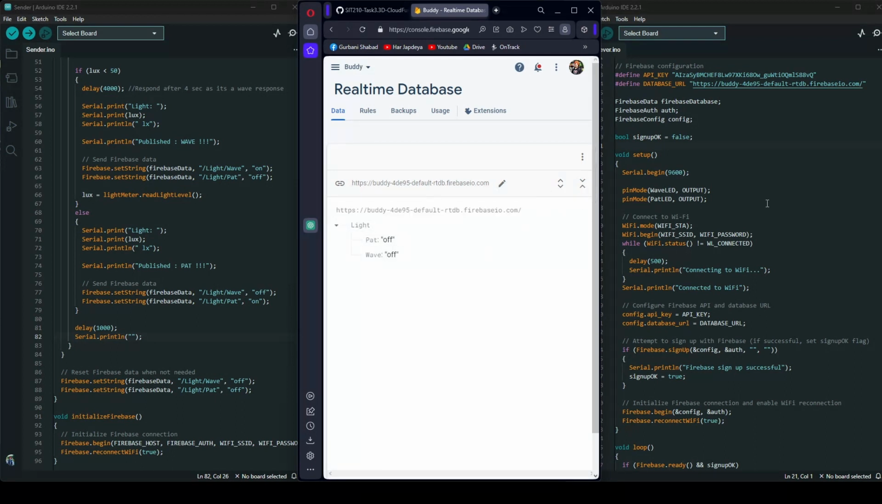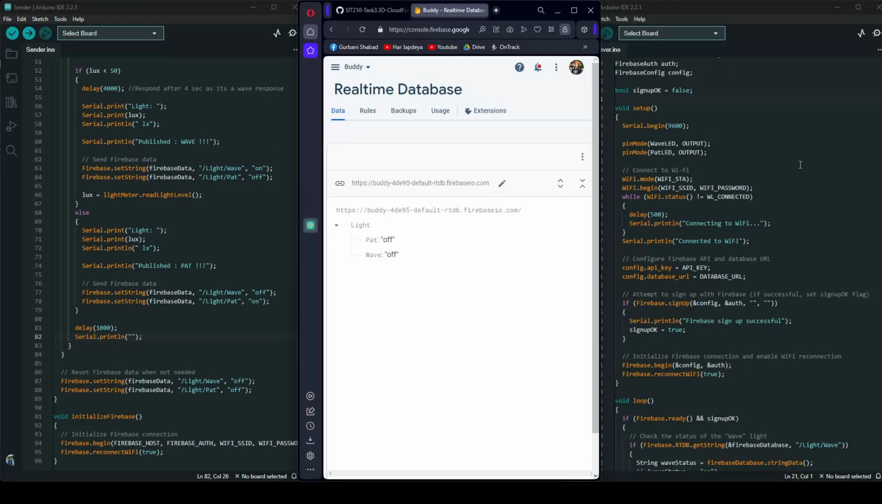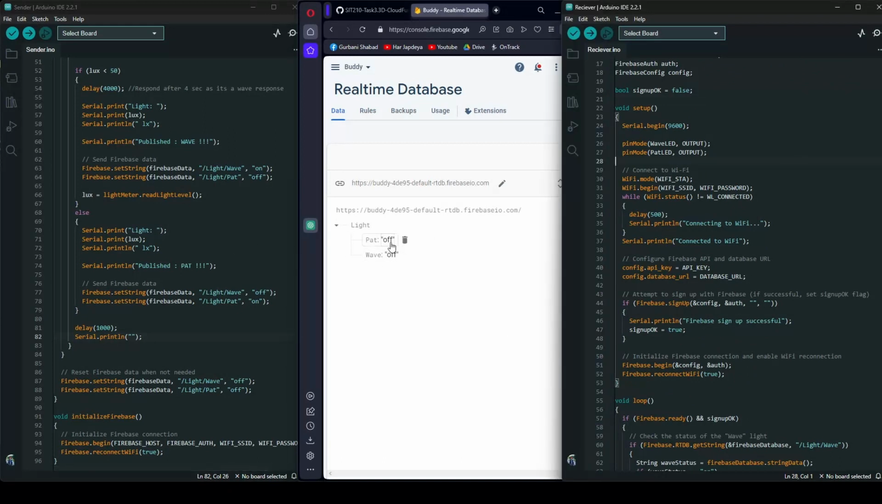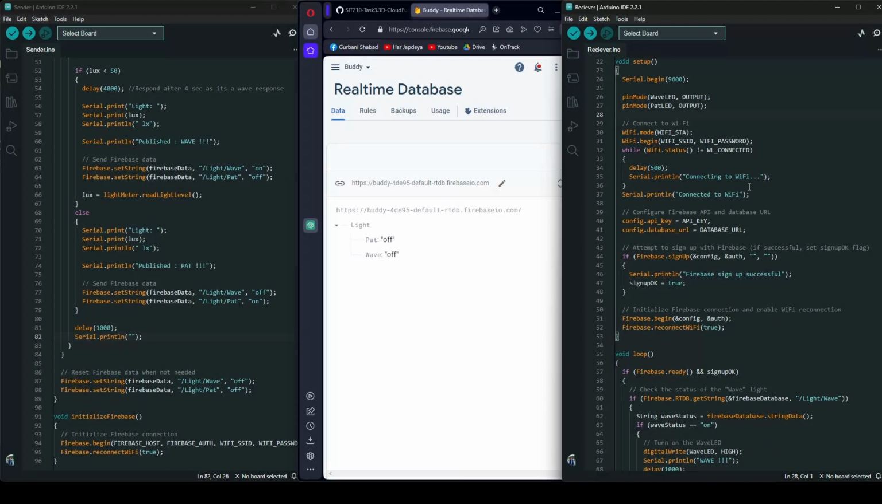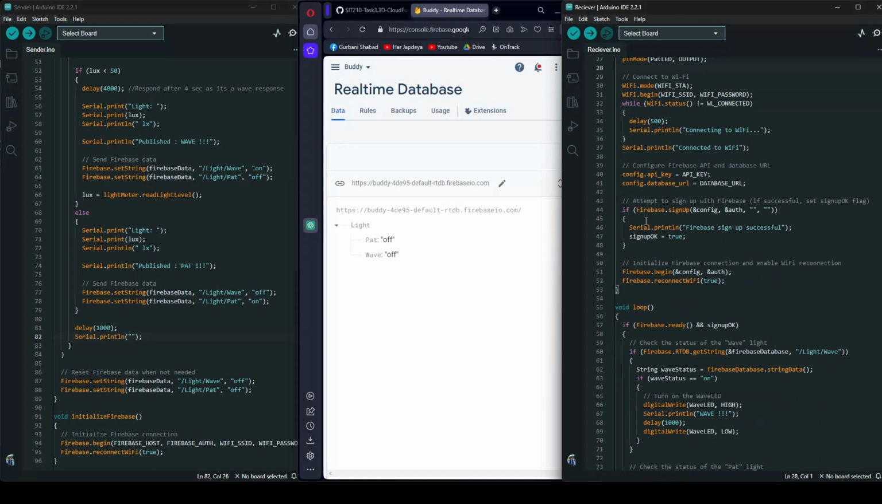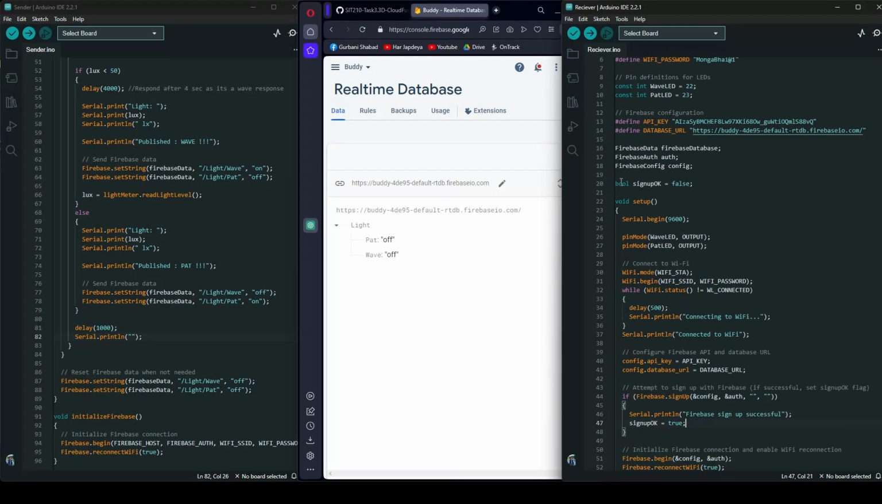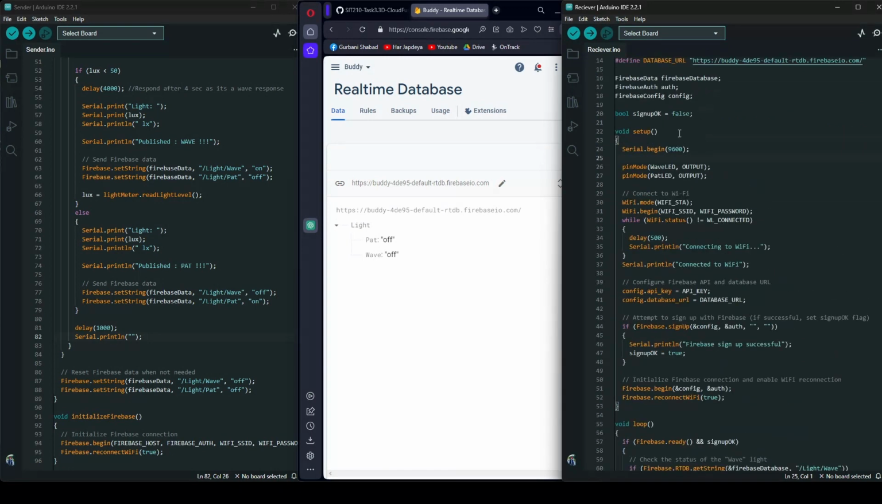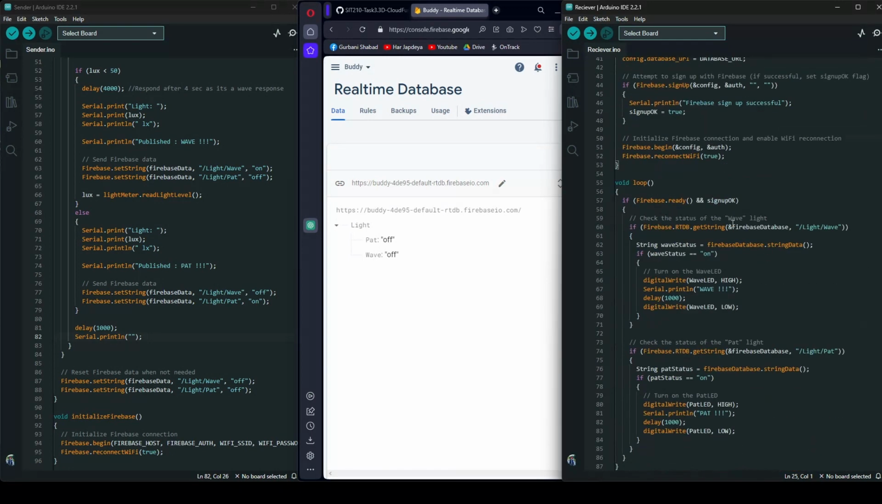Yeah, here we are. So now what happens is my sender has set the parameters of PAT and wave to on or off according to its circumstances. Now what happens, first my receiver connects to Wi-Fi, then it connects to the authentication and signs up, and if it signs up, the sign up object is set to true as it's a boolean value here. Initially it's set to false. And now in the loop what happens,